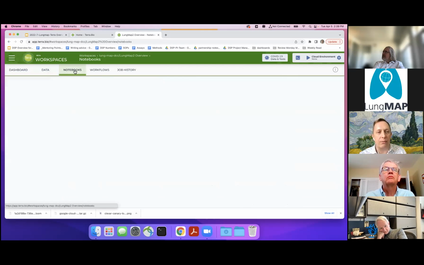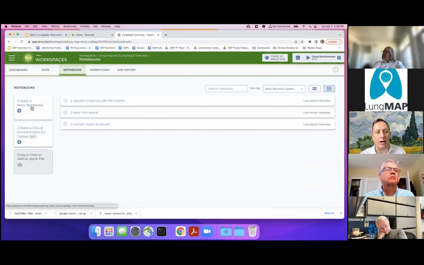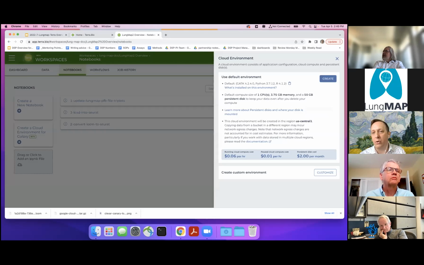But I wanted to show, for instance, that you can use notebooks to interact with the data table. And so to use a notebook, one has to spin up a notebook environment on the cloud, right? Because currently we have storage. And this is an example of how to create a cloud environment to be able to work in interactive spaces,